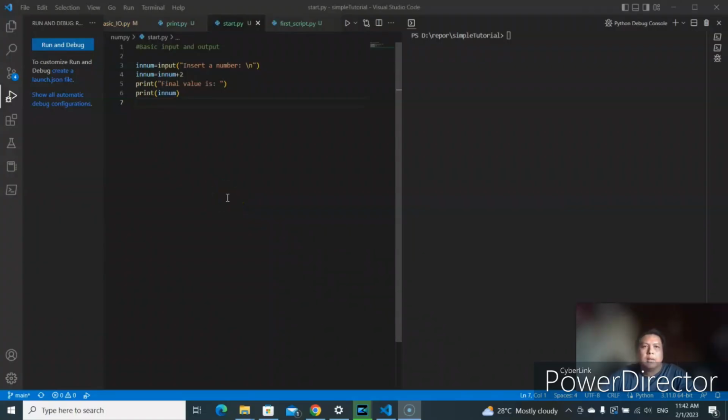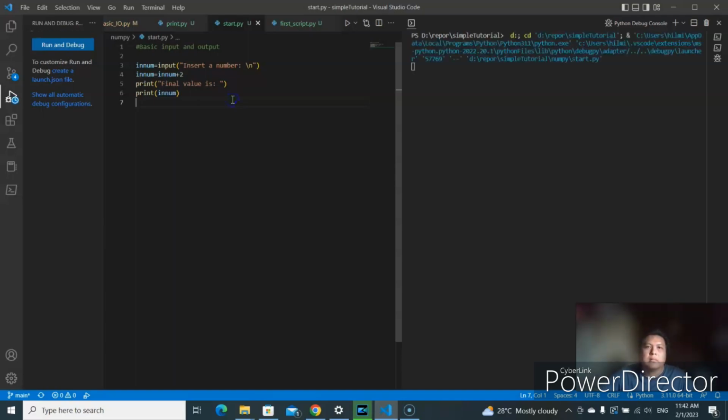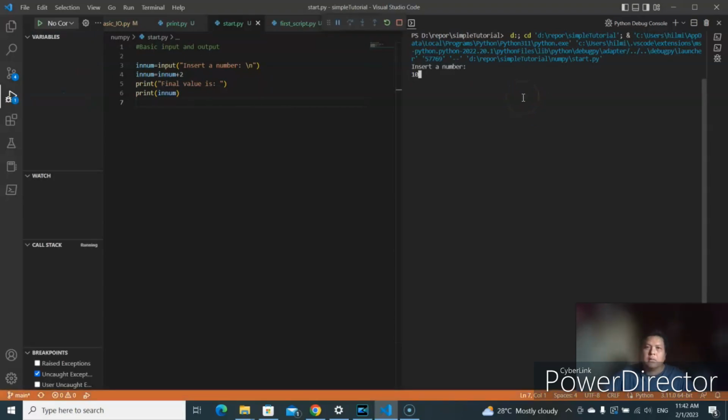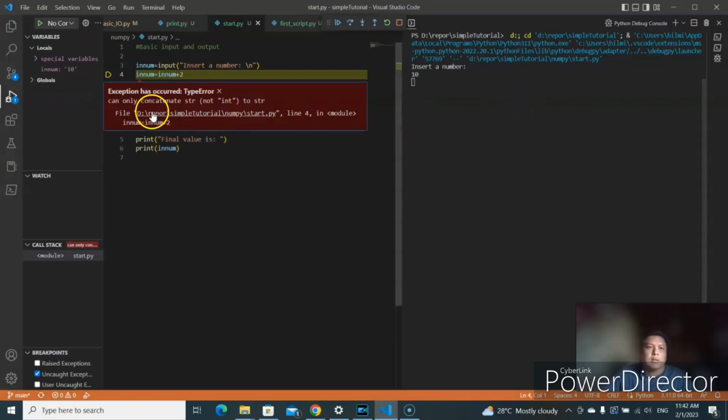Okay, in the last video, when we tried to get input from the user and perform an arithmetic operation to add 2 to the input the user had entered, it came out with an error. Now let's see. Let's try. Okay, this is an error because